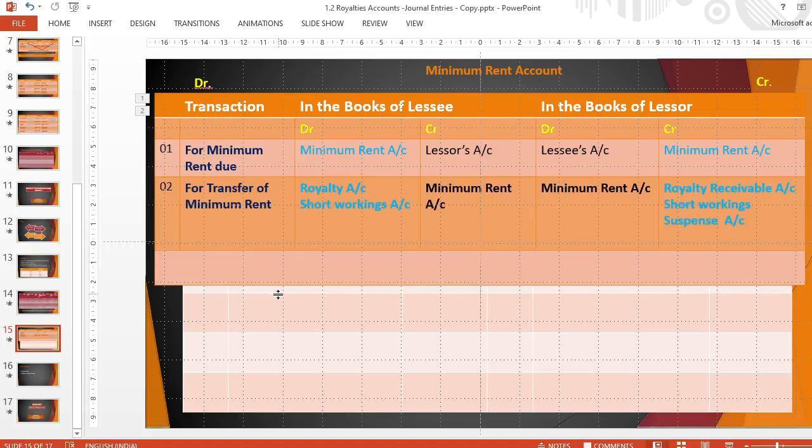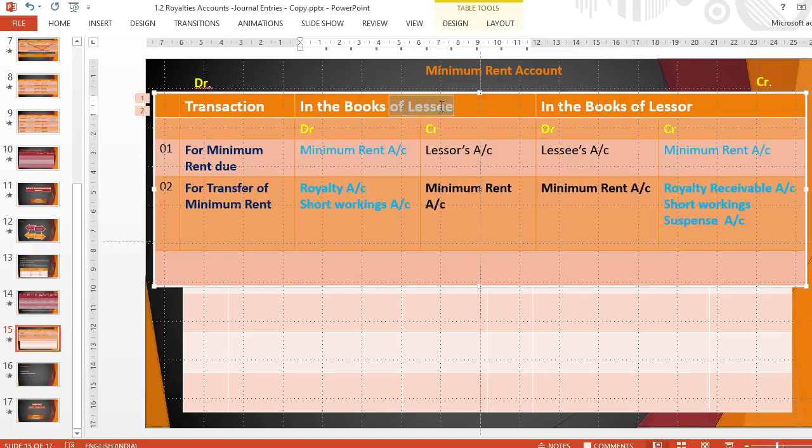Again, they have asked you to prepare minimum rent account, and usually it will be in the books of Lessee